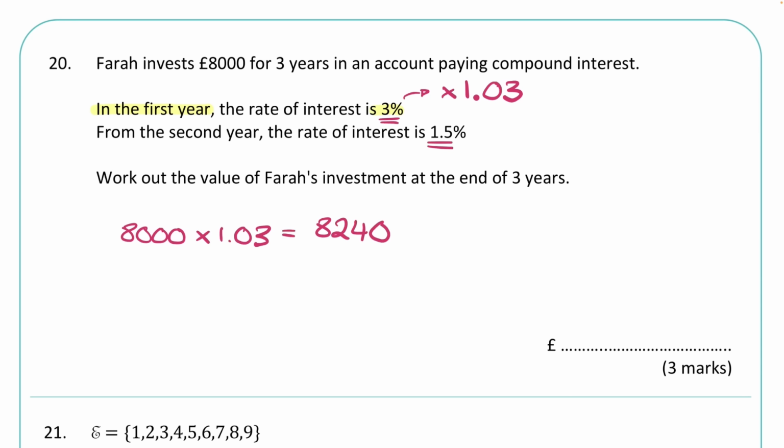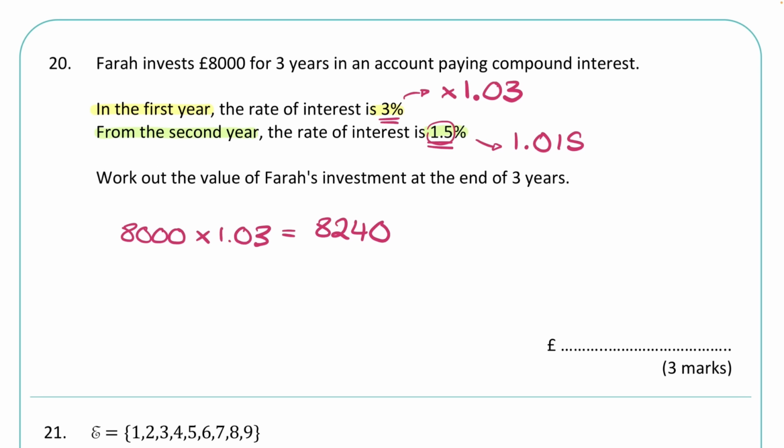8,240. In the next year, we get only 1.5%, and that's from the second year onwards. So for any amount of years now, even up to 10 years, we'll only get 1.5%. So the multiplier for that is 1.0 and then 1.5. Now, sometimes people get a little bit confused here because we do have that decimal point in the 1.5. That's of course because it's smaller than 1% in terms of the 0.5 there. Obviously 1.5 is bigger than 1%, but the 0.5 that's added on is less than 1% there. So it does go into that thousandths column. We don't have to put a second decimal in. It's just